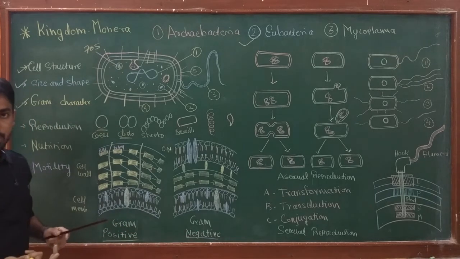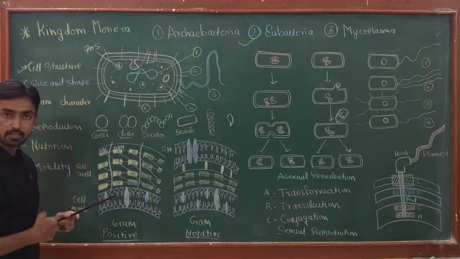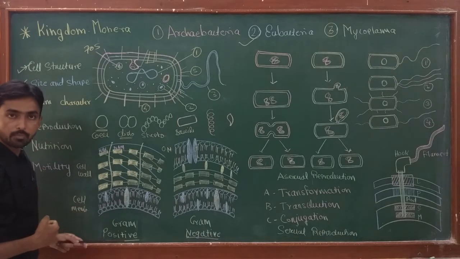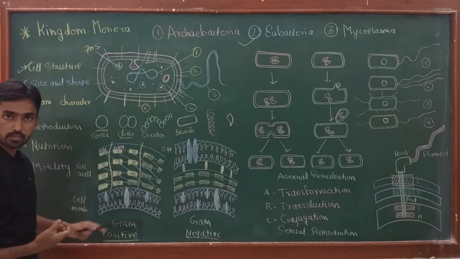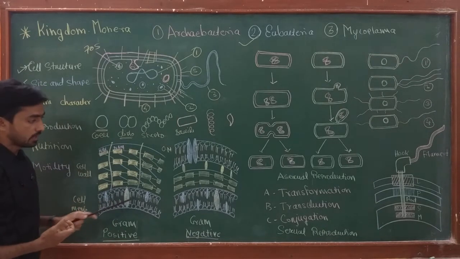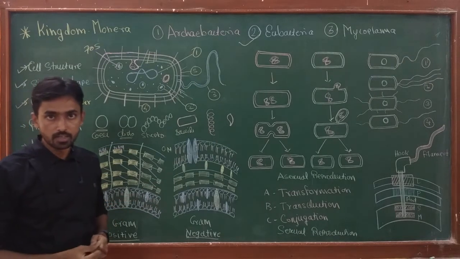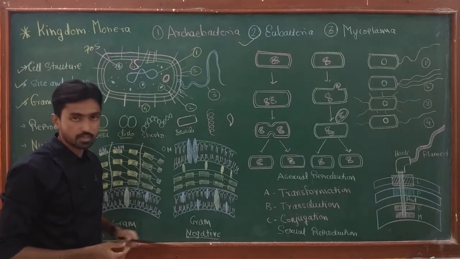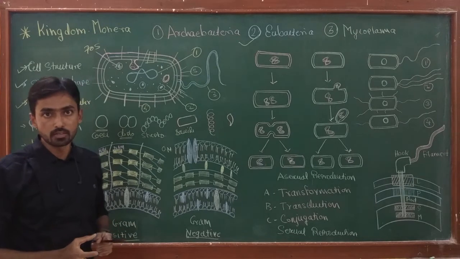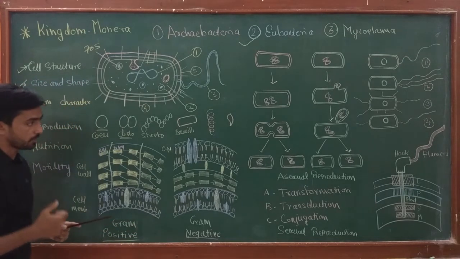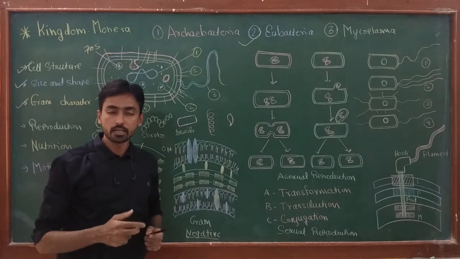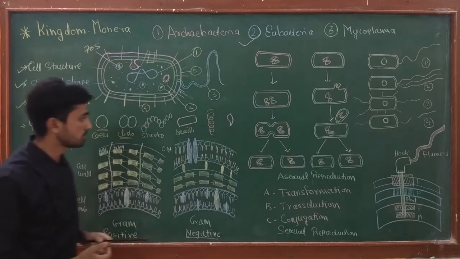At the time of gram staining, crystal violet is retained by the gram positive organisms, so they appear violet, while safranin, which is a secondary stain, stains gram negative organisms in a different color. I'm going to discuss gram staining in my upcoming videos. The next point is